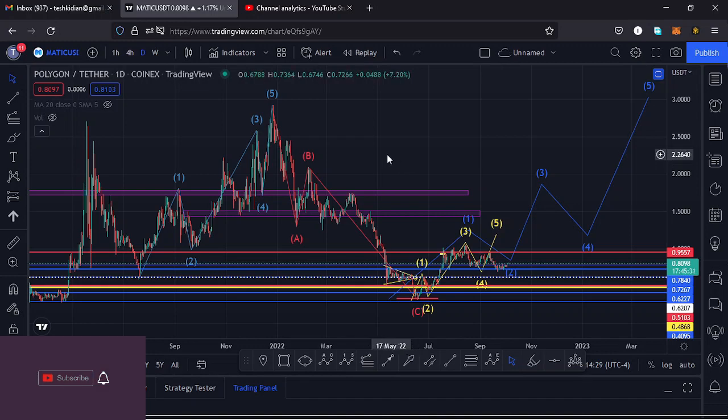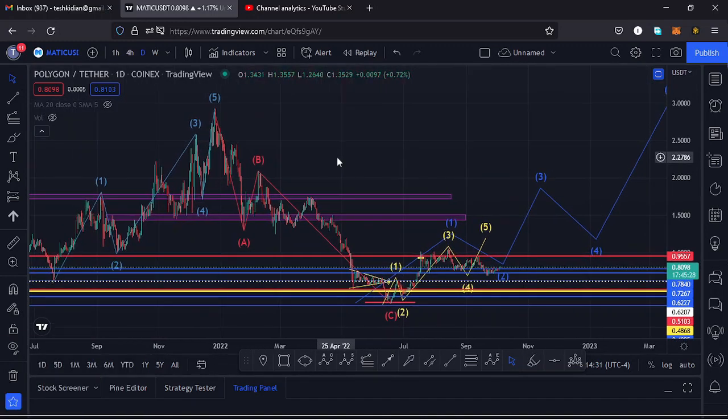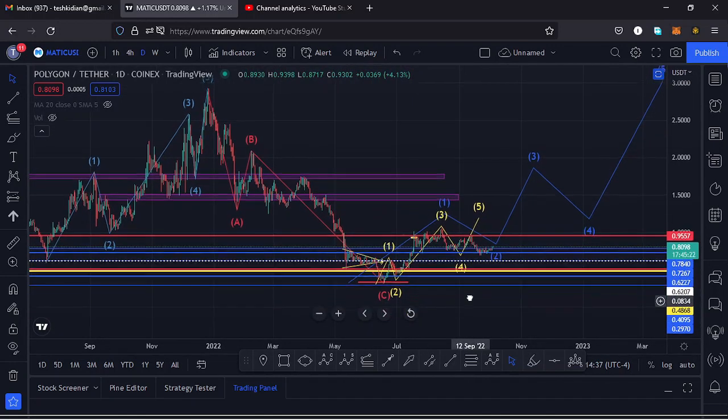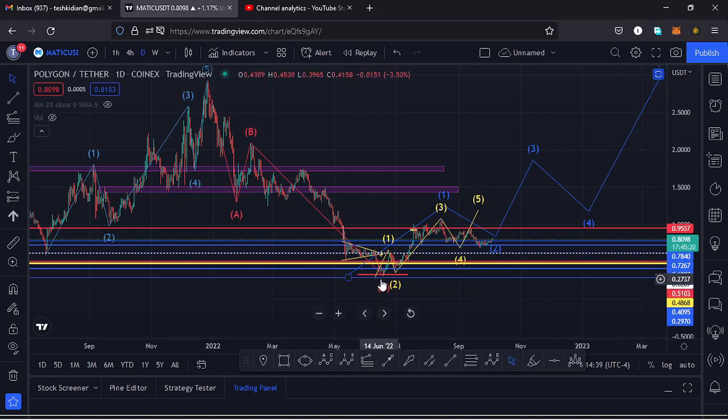And I'll kickstart the video by giving a brief of what has been happening on this chart. Polygon Matic from the all-time high has been seeing lower prices in this massive ABC corrective movement, which has now taken us back to around the $0.32 mark, and having done so, I believe it has done the minimum that we expected it to do in its ABC corrective movement, and soon we might see a very nice bounce